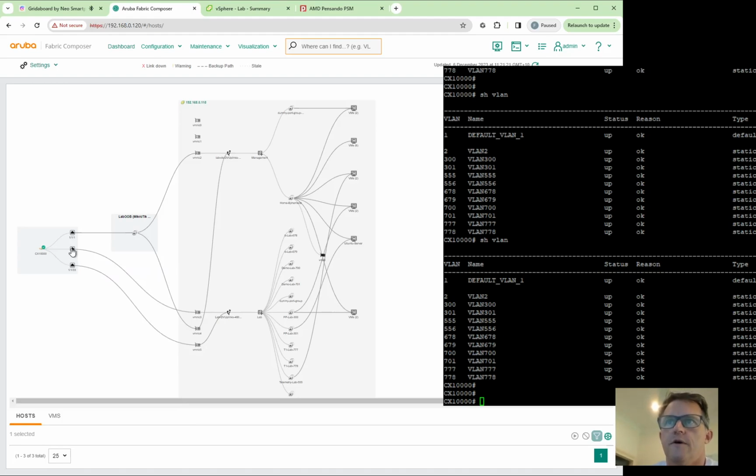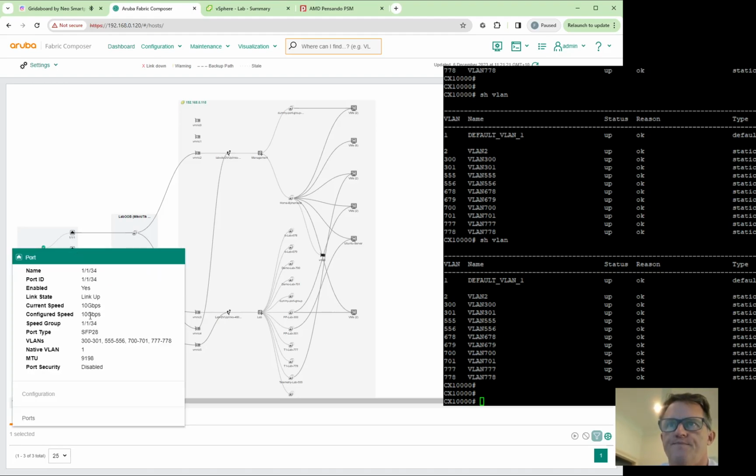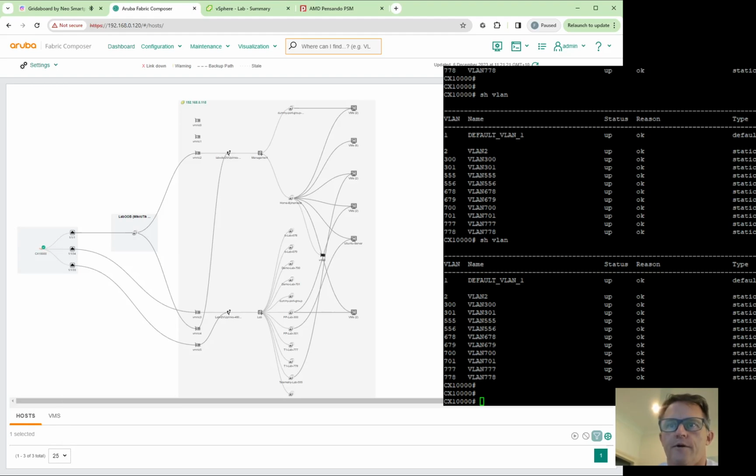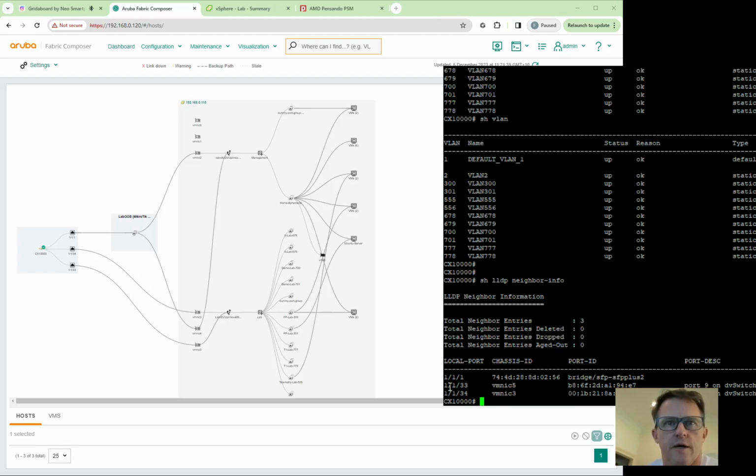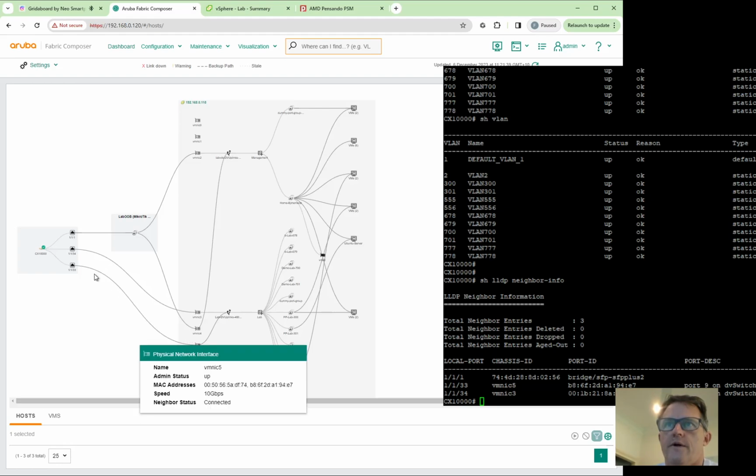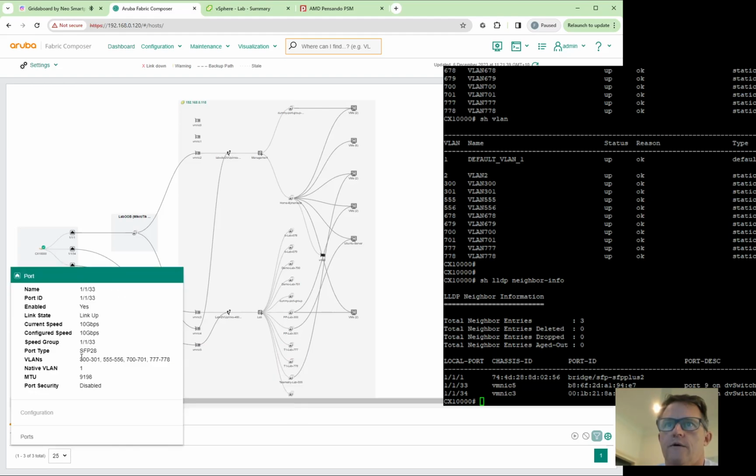So you'll see that I've got the VLANs configured on the trunk. The interface is configured with specific VLAN entries on it, and we use LLDP for neighbor discovery as well. So you'll see that my CX10K switch on port 33 and 34 knows that it is connected to VM NIC 5 and 3, which is what we're representing here. We also need to have LLDP functioning in our environment to allow the topology to be visualized and to allow the system to understand what is at the other end of the link,